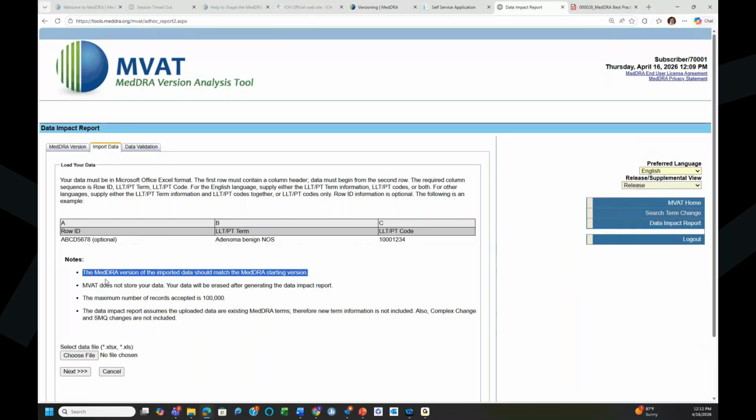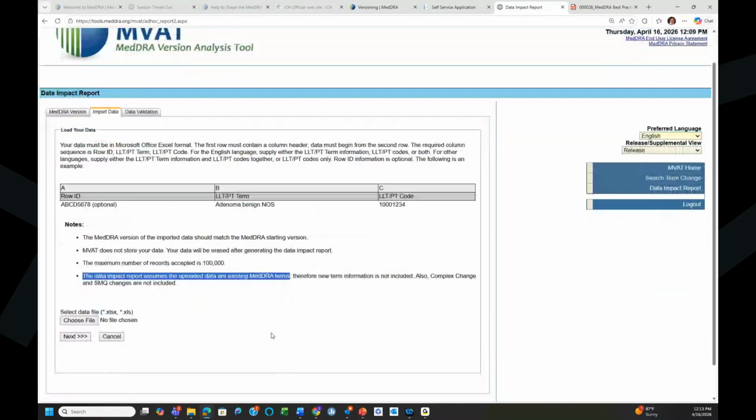It reminds you it doesn't store your data and that it will be erased after you generate your report. And it notes that the maximum number of records is 100,000. This is the one difference between this and the new web-based browser that has the embedded tool, because there's no row restriction in that tool. So that's a nice feature. And then, of course, it reminds you that these have to be MedDRA terms. If you import verbatims, those rows that have verbatims that don't have a matching MedDRA term, letter for letter, are not going to be run in the tool. So let me show you an example of